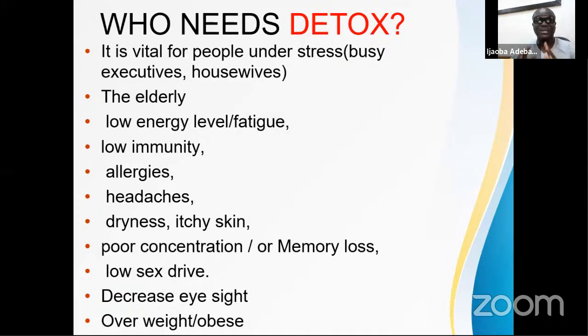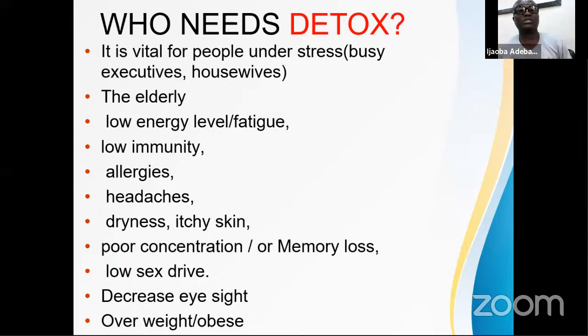If you are a busy executive, you need to detoxify. You are a housewife, you need to detoxify. You don't want to know the work of housewives. I cherish women. Women in the house, thumbs up for you guys. To be a housewife is not a joke. You cannot quantify the amount of work they do. You need to take care of them by way of helping them, get them the right thing to detoxify so that their system, because the amount of cortisol that is usually generated in there, it's high.